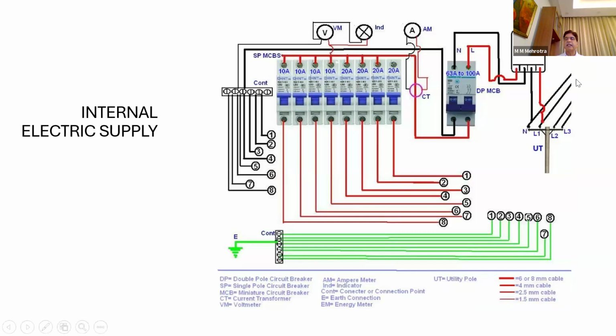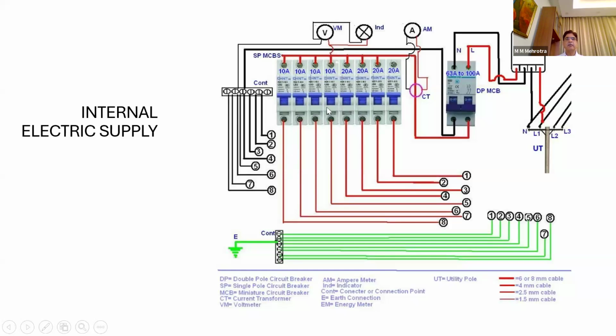Now this is the utility company which is giving us the supply. Here is the metering panel. Metering gives supply to our incoming MCB. From the incoming MCB, supply goes to your distribution board. Suppose this distribution board has 8 outlet circuits. In that distribution board, you will see 8 outlets. These are live wires. These are neutral wires. They are connected to a common link. Each live wire is connected to an MCB, whereas the neutral wire is connected to a link.